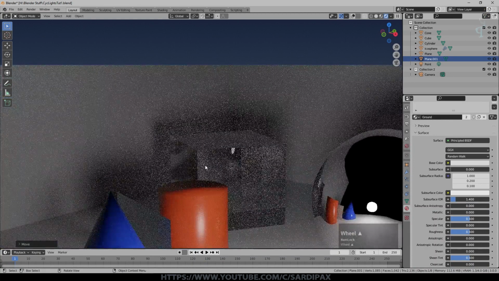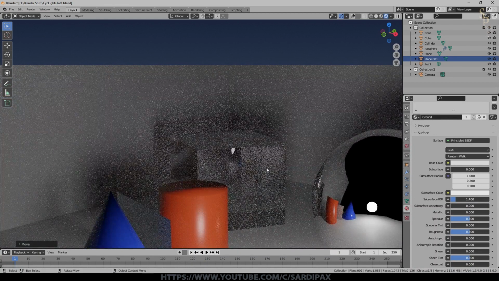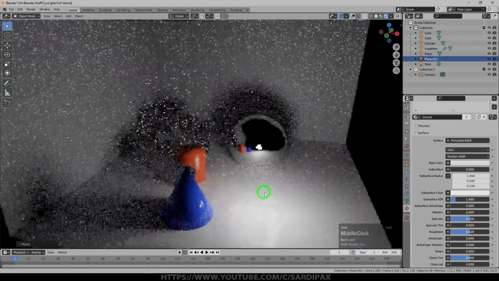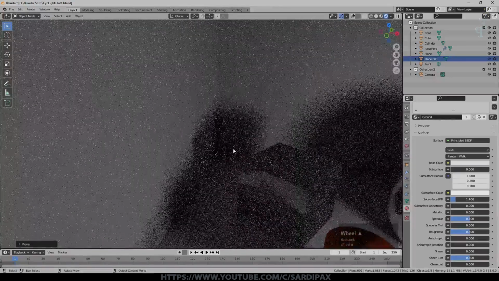So if we look at our glass cube here, you can see we're getting multiple reflections in there, and you notice partly because I've zoomed in on it, the viewport sampling is going quite a bit more slowly because it's having to do a lot more work. There's a lot of reflections going on here and a certain amount of refraction as well. I'm interested in the wall behind that object.